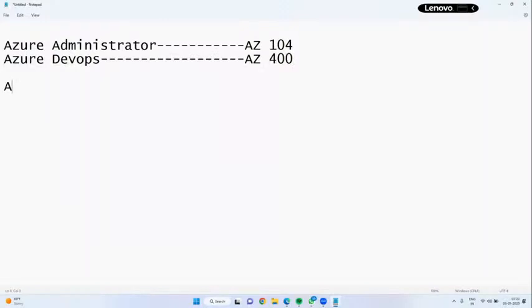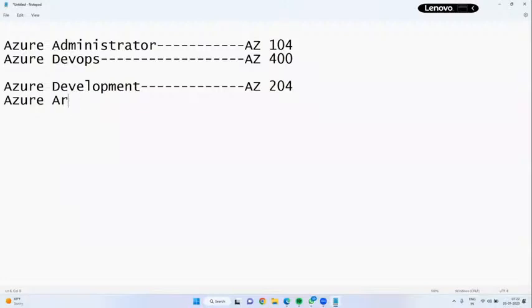Same way, if we go for Azure development, here we have AZ204. Next, Azure Architect, which is AZ305. These are the four important certification papers.